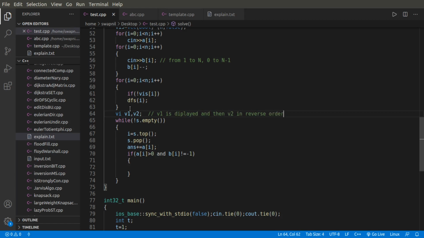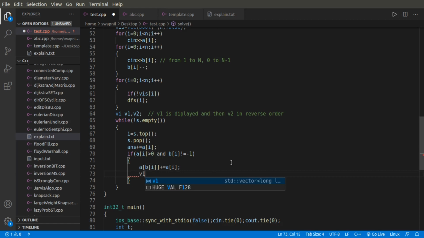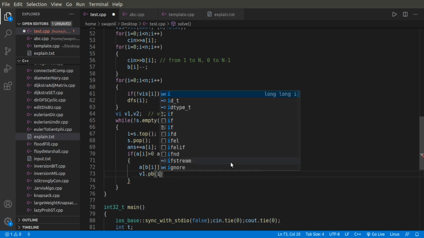I have explained earlier why we make it in the backwards, or reverse, order of topo sort. I will add ai to the bi-th position of my array, and push back i plus 1.